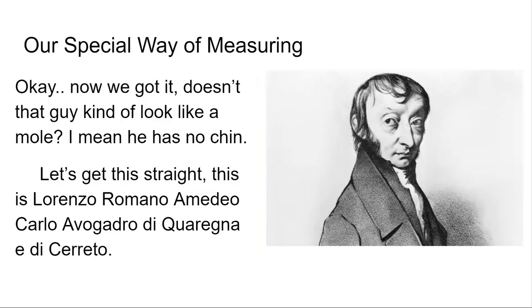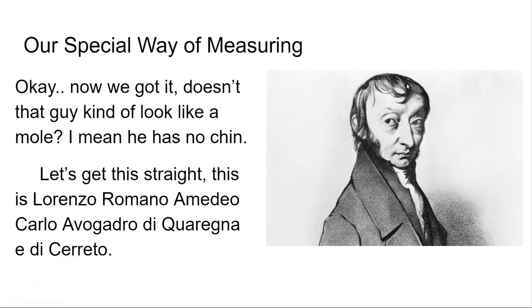Okay? It has to do with this gentleman right here and some other scientists who were working on this issue for a really long time. But they didn't actually know what they were working on. They discovered an important relationship in nature that allowed them to identify a number, which was then later named after this gentleman with too many names. And this man, we're just going to call him Amadio Avogadro for short, although you can tell he has really a lot of names, like almost as many as Albus Dumbledore,